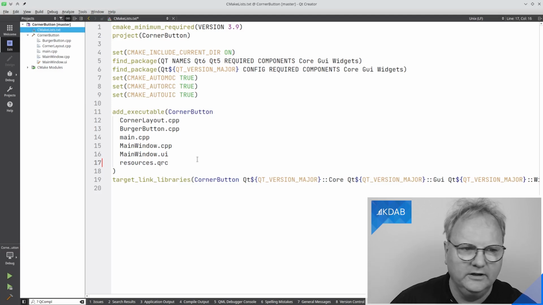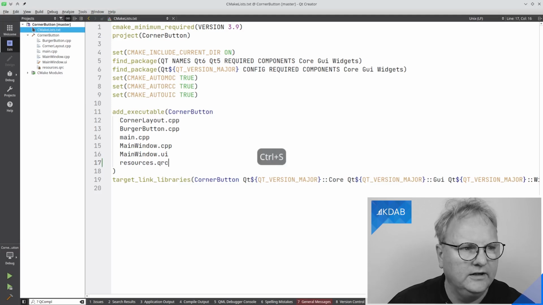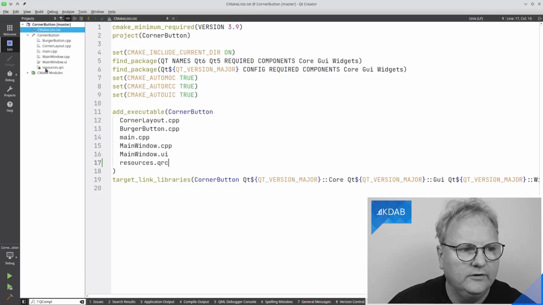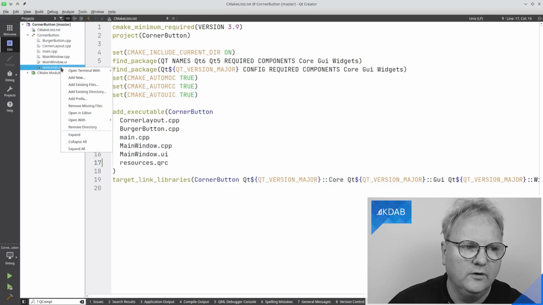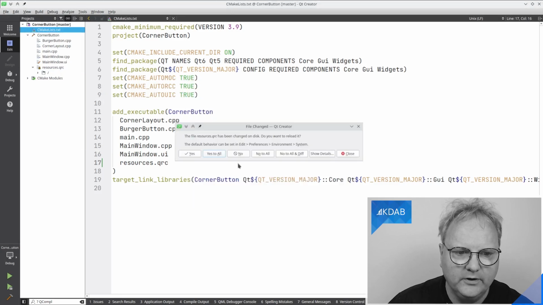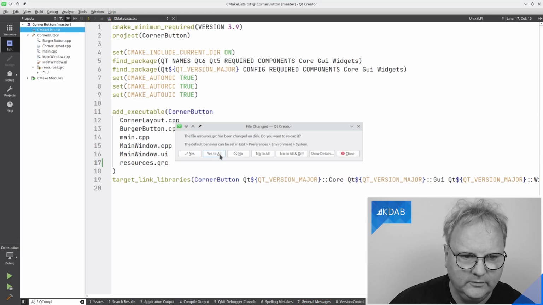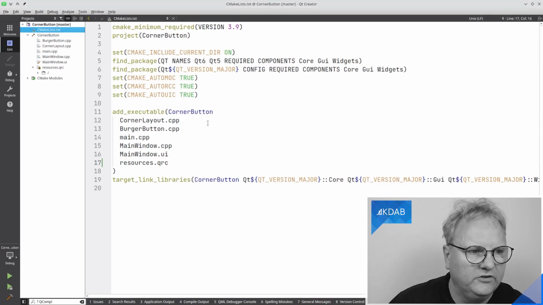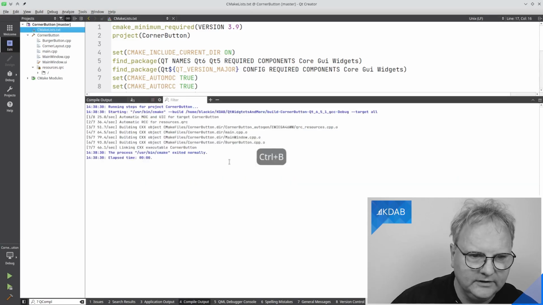Resources.qrc, that's what I call it, right? I save it and observe up here. It's already running CMake for me. And now it came around here, resources.qrc. All I need to do now is right click on it and choose Add Existing File, my burger menu.png. It offers me that it's the default, yeah, whatever. Yes to all. It just tells me that the resources.qrc file was changed on disk, which, well, I knew about that. It's now being built, and let me just run my build here so you can see it.